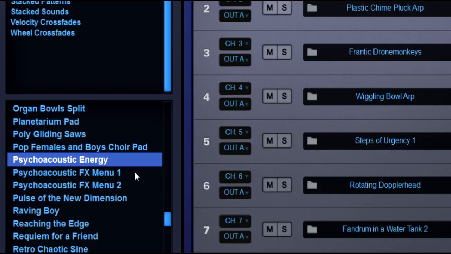So what this has done now is managed to find 8 samples that work well together with either their own arpeggiated sequences or their own effects, and they've loaded them into a single preset from 8 sounds that you are able to customize and tweak and change however you want. So the one we're running now is called Psychoacoustic Energy,